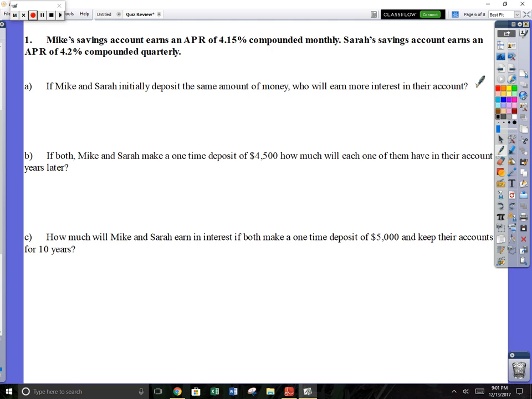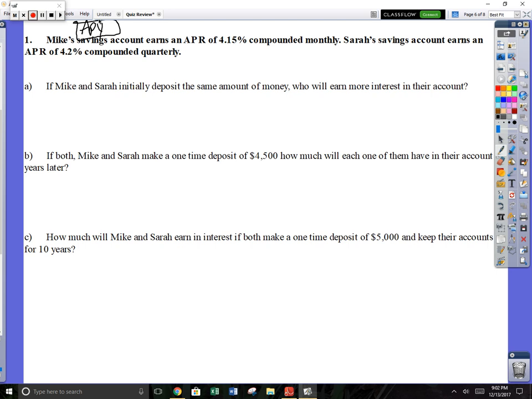Okay, let's look at the next one. Mike's savings account earns an APR of 4.15% compounded monthly. Sarah's earns an APR of 4.2% compounded quarterly, and this actually comes from APY. So the annual percentage yield, and that is really what you're interested in. What is your annual yield? If you're getting 4.15% compounded monthly,